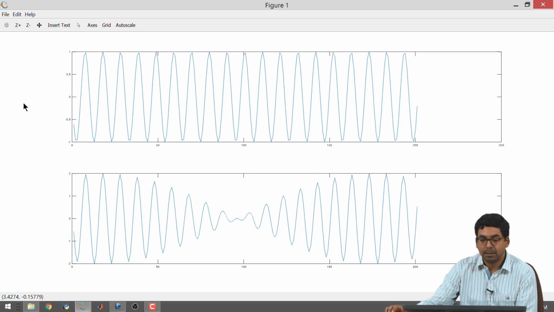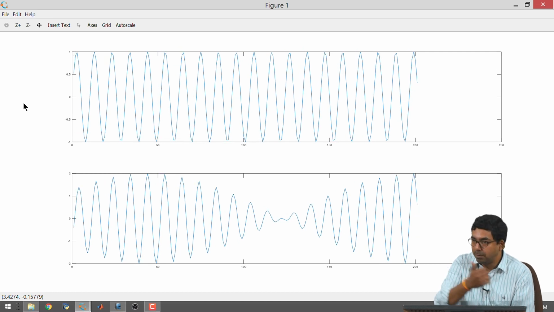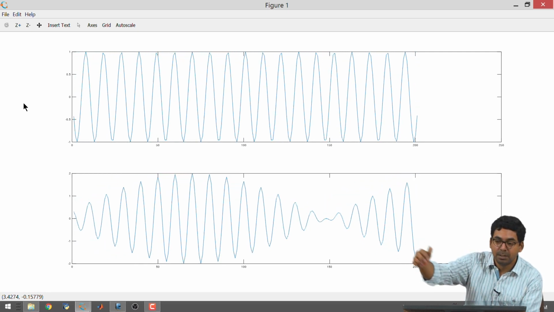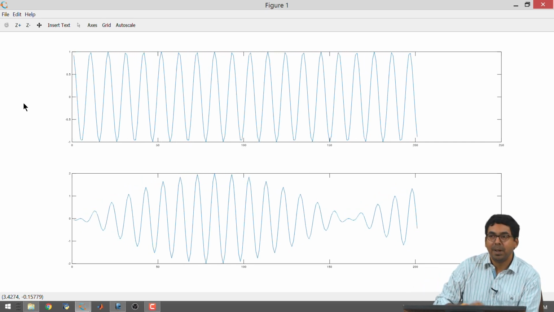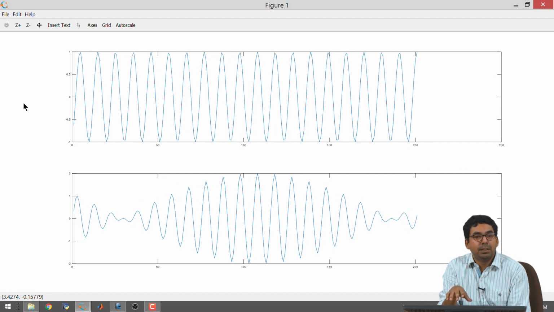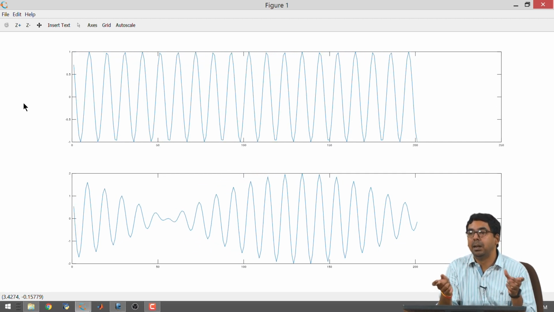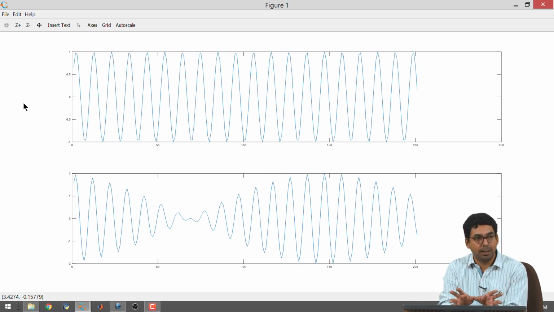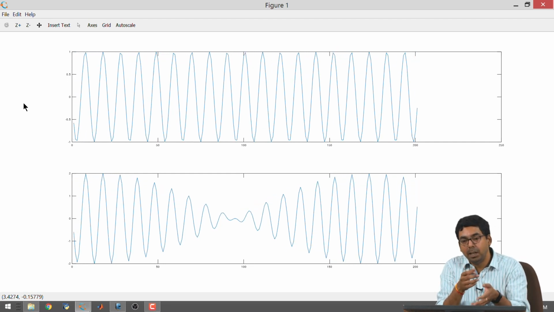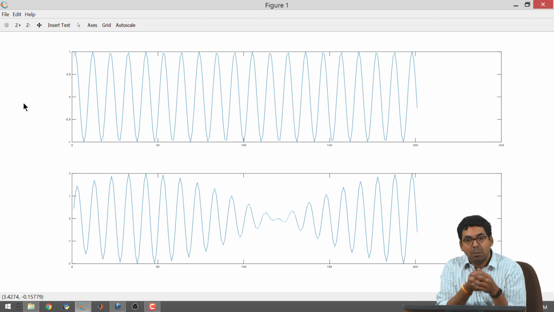There are two things that I noticed. The top one is a simple sinusoid. We know that it is moving forward in the positive z direction with respect to time, all right. So, the top one is just some omega t minus beta z form. The bottom one is a combination of the two waves that you have considered of slightly different frequencies and slightly different wavelengths. You have added them up together and I noticed that there is a difference and a commonality between the two. The commonality that I see is phase velocity, all right.